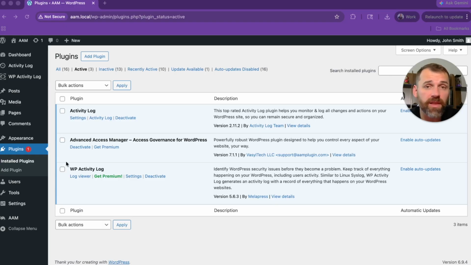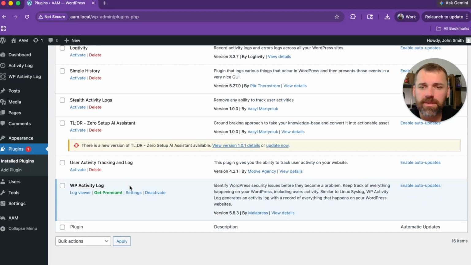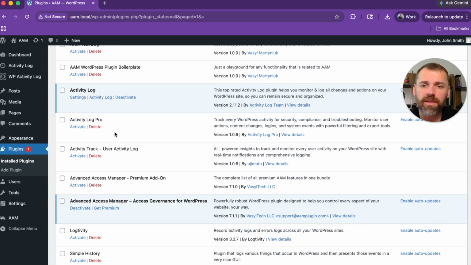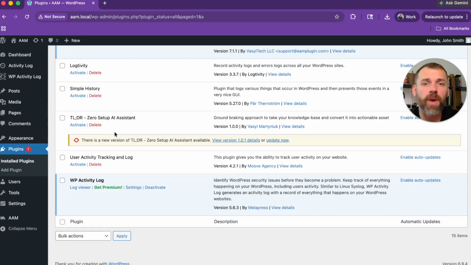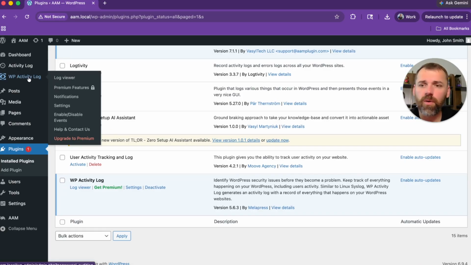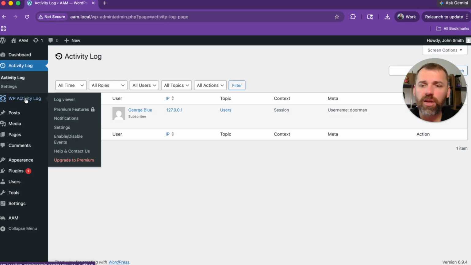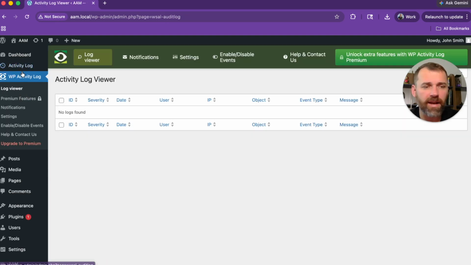So to demonstrate this, I've created a simple plugin. I named it Stealth Activity Logs. It's only 60 lines of PHP code. It took me less than 30 minutes to do that. By activating it, the first thing you notice is that this plugin disappears from the list of plugins, which means it's invisible to any administrator. Second of all, now if I go and perform any activity on the site, it's not going to